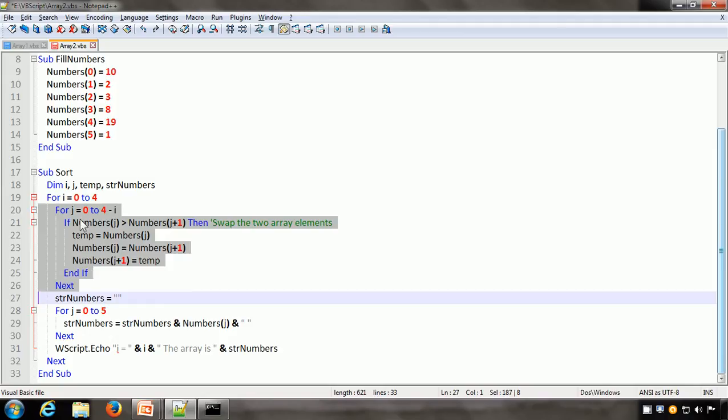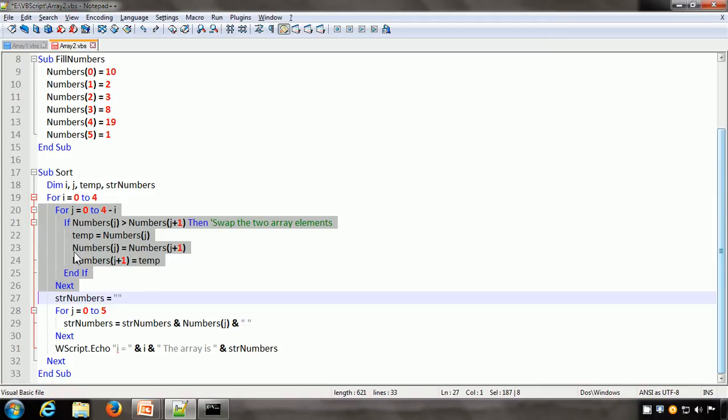So this is the loop, and within this loop we have another loop, and because the J loop is within the I loop, this J loop is called the nested loop. Nested loop means it lies totally within the outer loop. So J loop is the nested loop. Inside this loop, we run it from 0 to 4 minus I. Now what is going to happen is that every execution of the I loop, which is the outer loop, we want the highest element to be in the proper position,